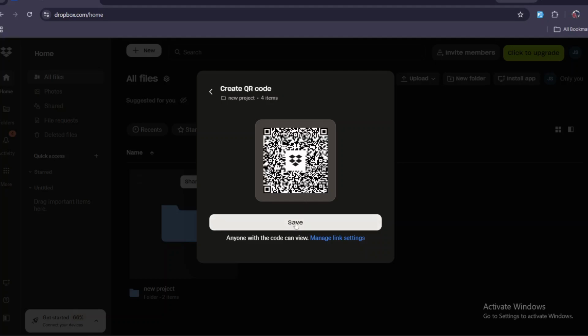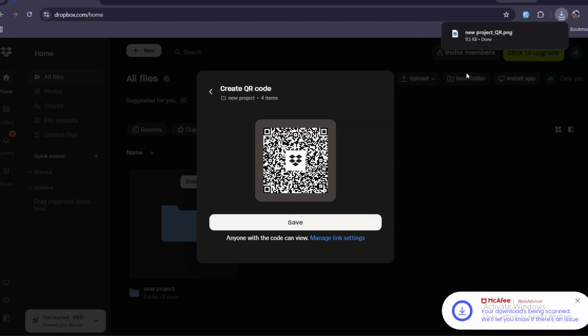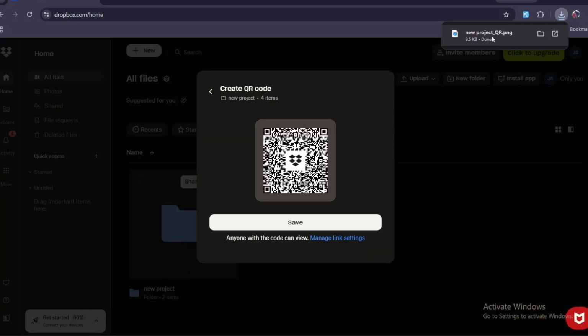Finally, download or save the QR code. Most generators will have a button that says Download or Save Image. Click that and choose a spot on your computer to keep it. I would recommend giving it a clear name like Dropbox Folder QR Code so you can find it later. And that is it. You went from a messy, long link to a clean, scannable QR code in just a